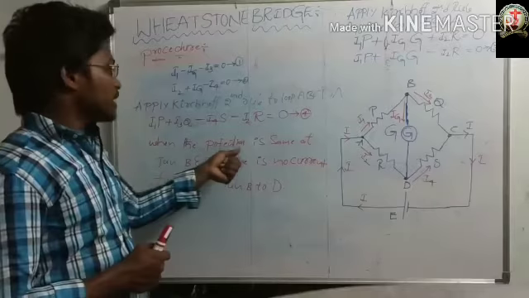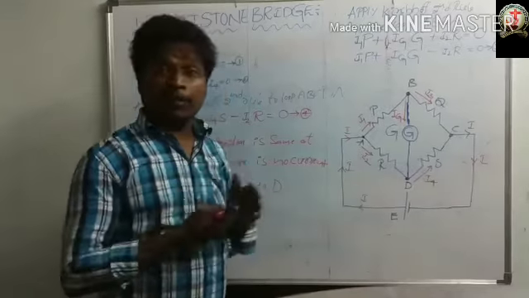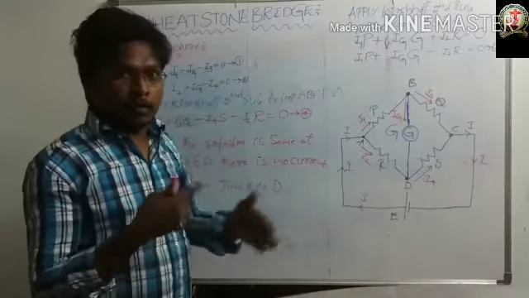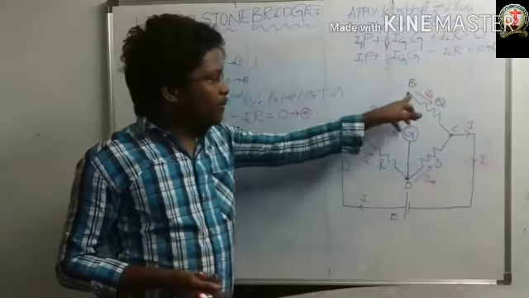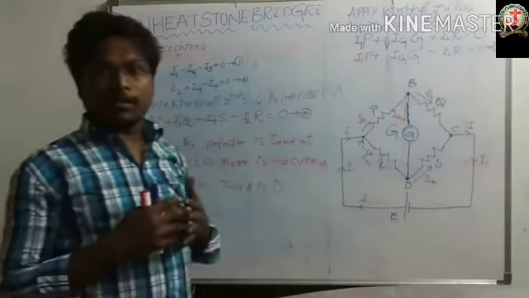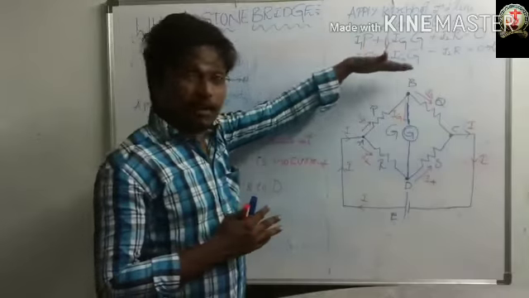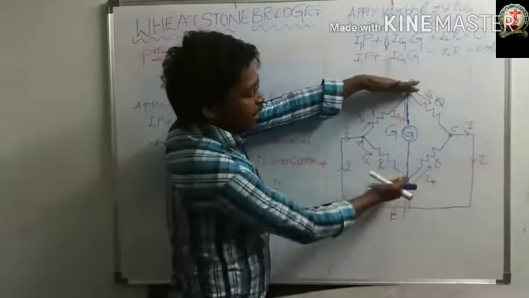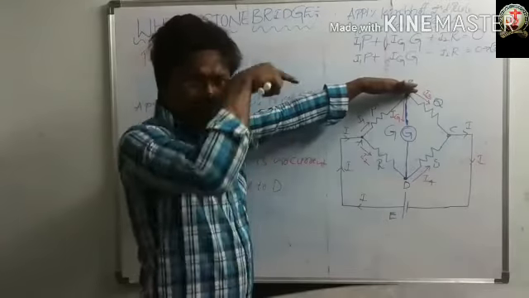I will tell you. When the potential is the same at junctions B and D, what does potential mean? Charges. Suppose at point B 10 charges are there, and at point D also 10 charges are there. So the charges are equal, no? Will any charge move from B to D?